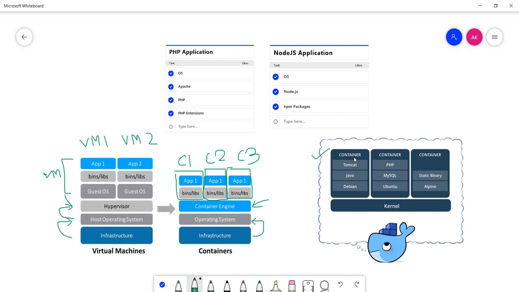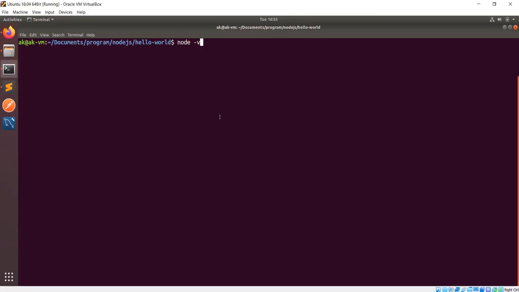So now let's get back to our original hello world program. Okay guys, now I'm going to show you that I'm using Node version 10. Fine. So if I run this hello world program, it may not work on your machine if